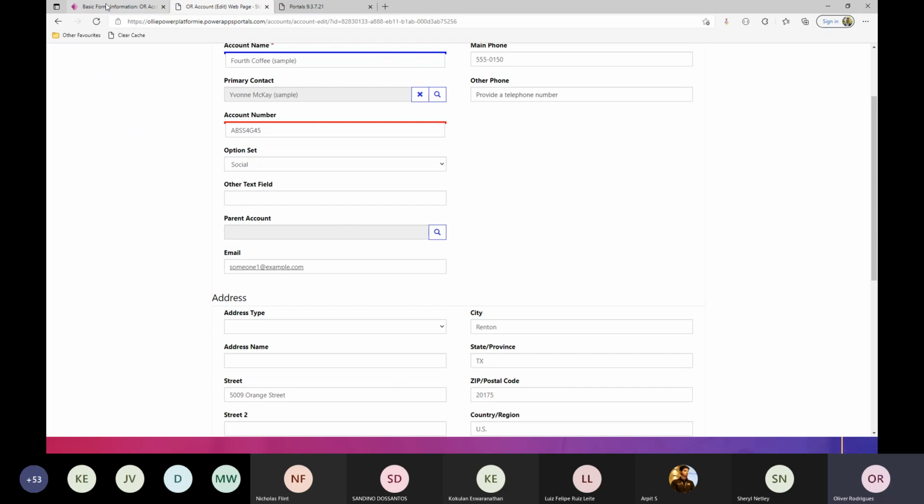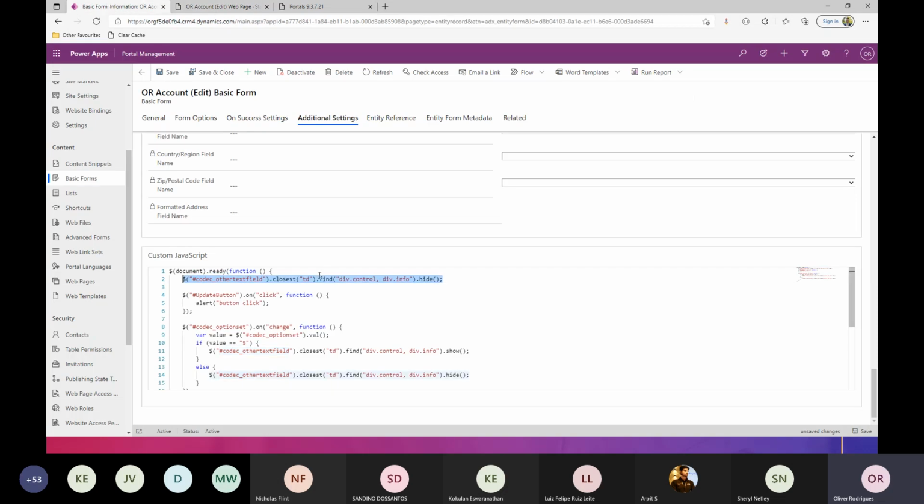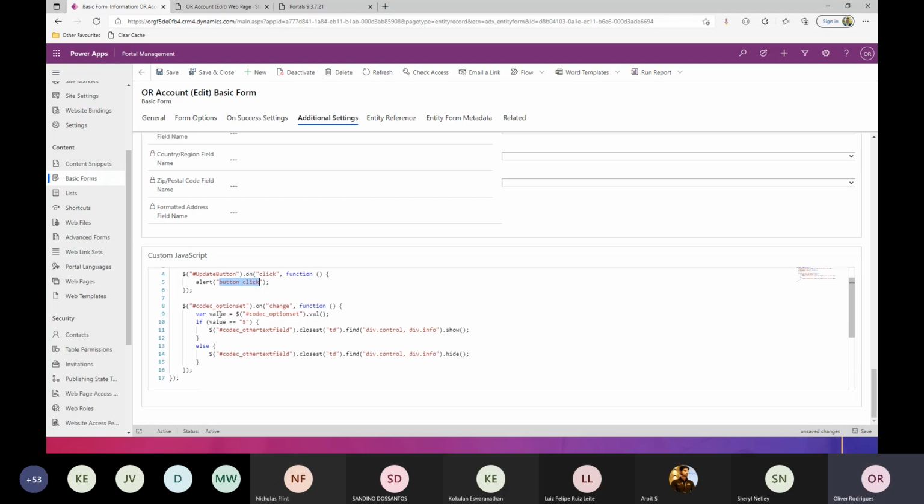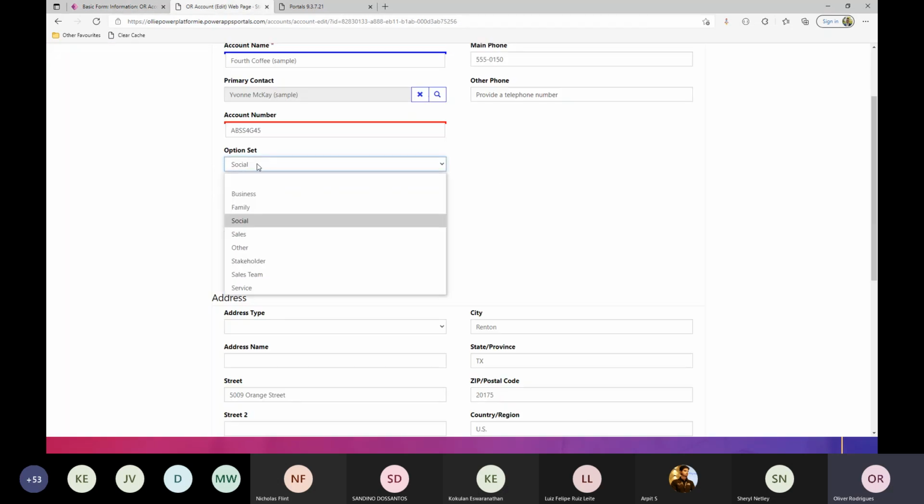Otherwise, it should be hidden. So I'm going to hide this field. What I'm also doing here is adding a function to the update button click. It will simply display an alert on button click, but you could do anything you wanted. And then to the on change of my option set, which is this field here above,